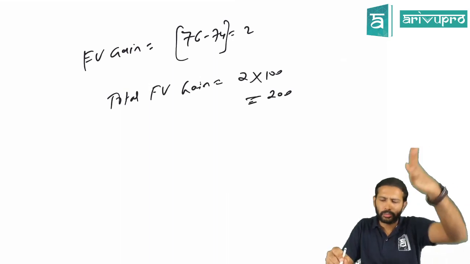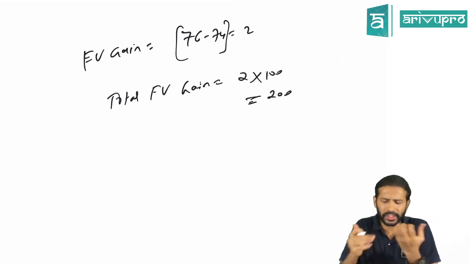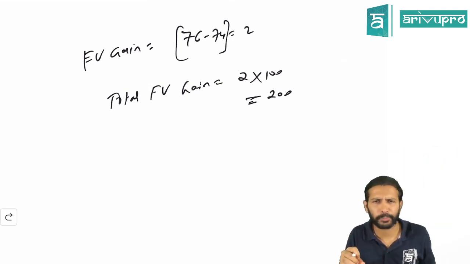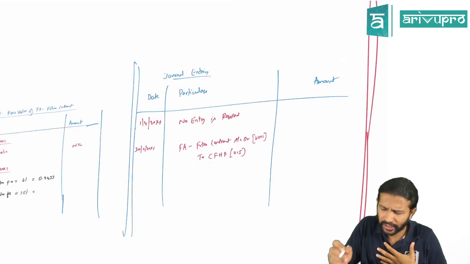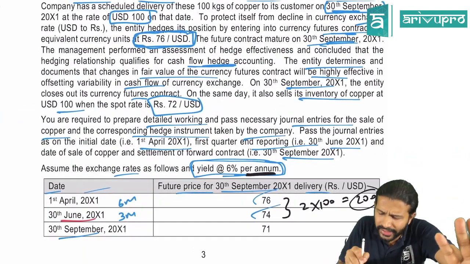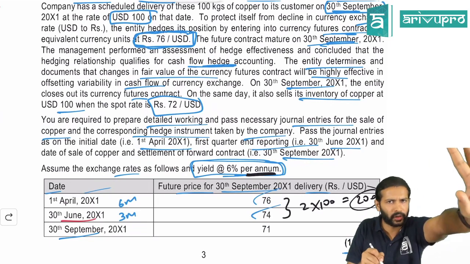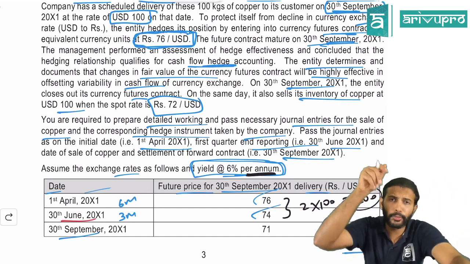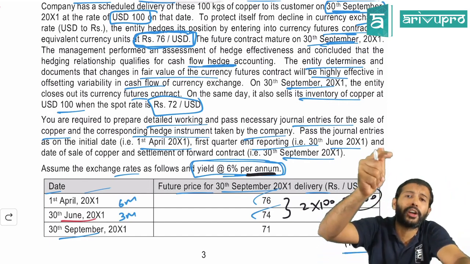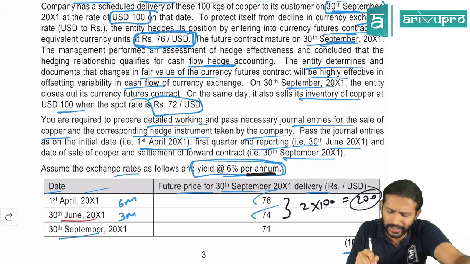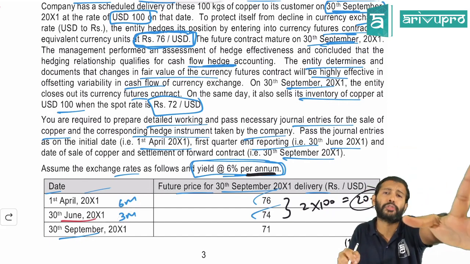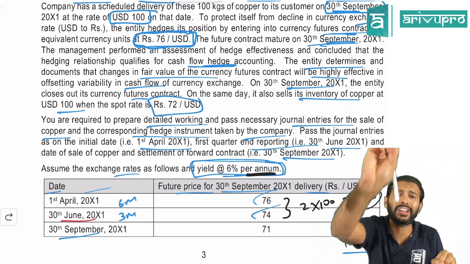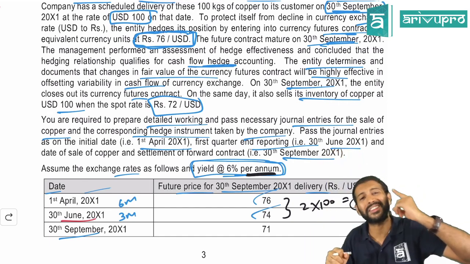Now, suppose I have this forward contract on which I have made a gain of 200. Suppose I want to sell this. It's also an asset, no? Let's say I want to sell it to you. I tell you, see boss, I have a right to sell at 76 rupees per dollar. Currently, because you are on 30th June now, if you want to enter into a forward contract for 3 months, because only 3 months is remaining till 30th September, the rate the market will give you is only 74. On $1, you will be able to sell only at 74 rupees. But I have a right to sell it at 76.